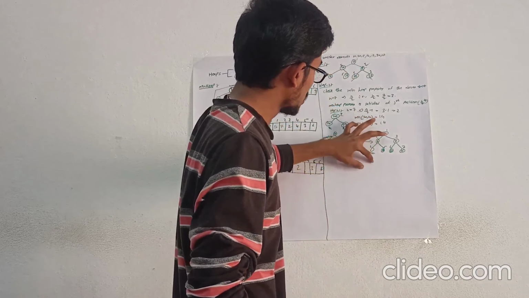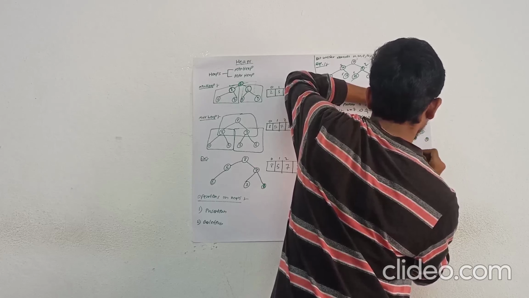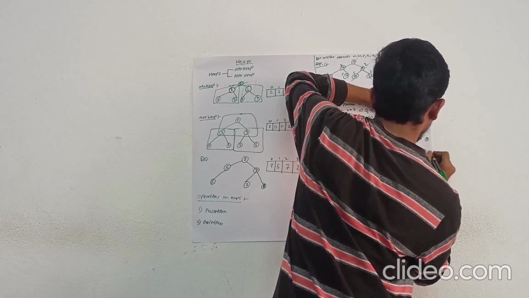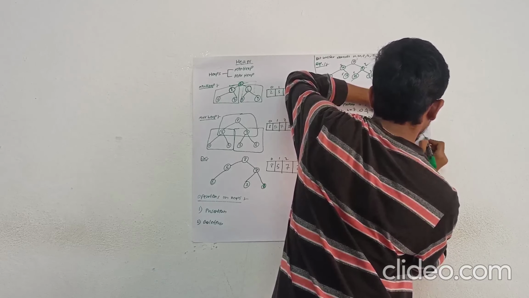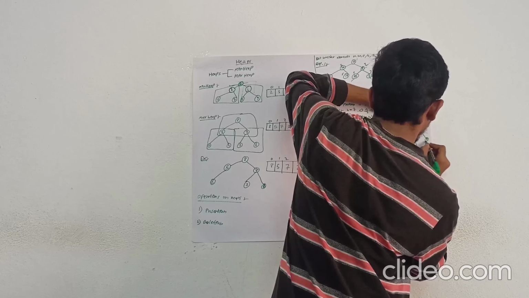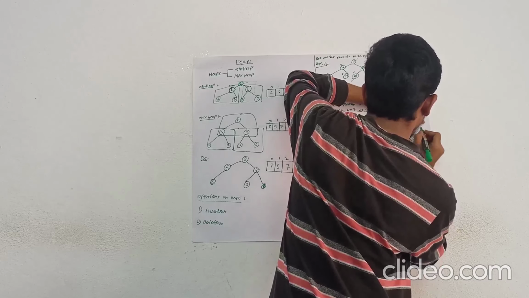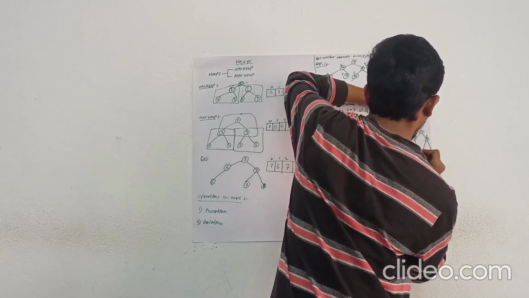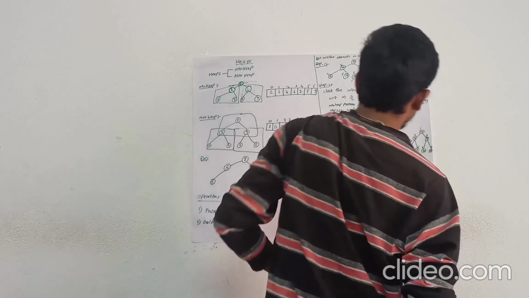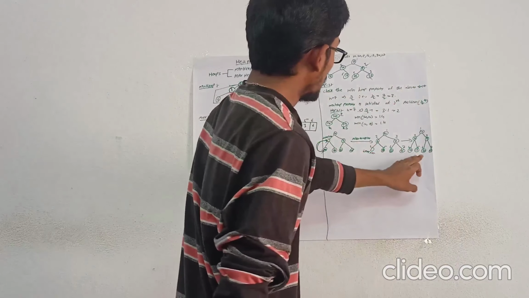So I am inserting the temp element at number 4 position. That is 20, 19, 30, 25. So the tree becomes